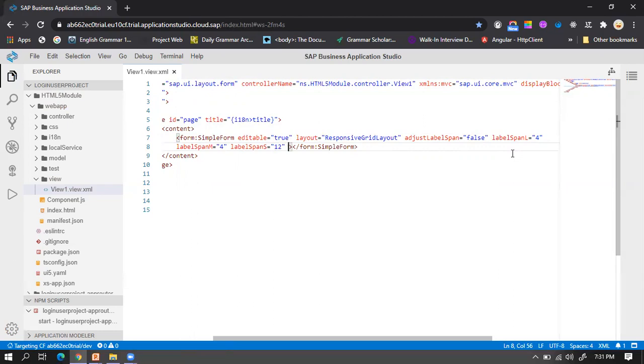So this is nothing but labelSpanL. It would be the basic length for our input fields after the label. Then we also have the column, we can keep it the same, that is 1. Okay, so let's put our control in an aggregation, that is content.